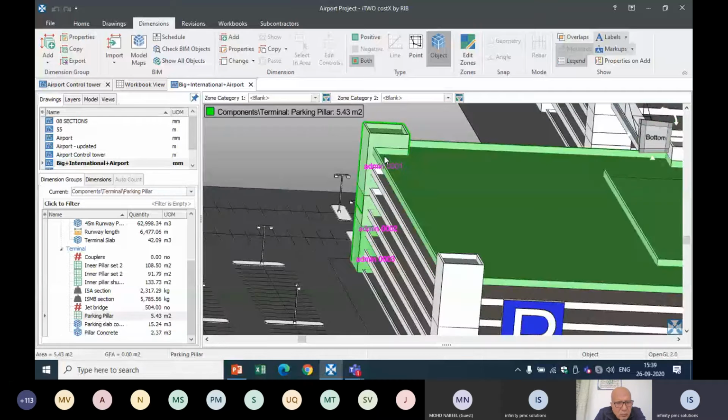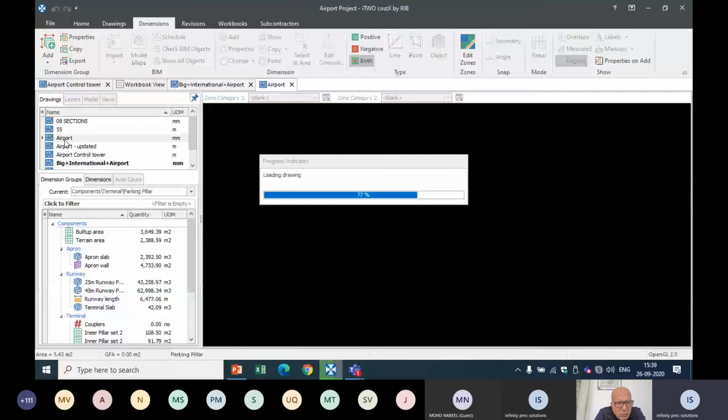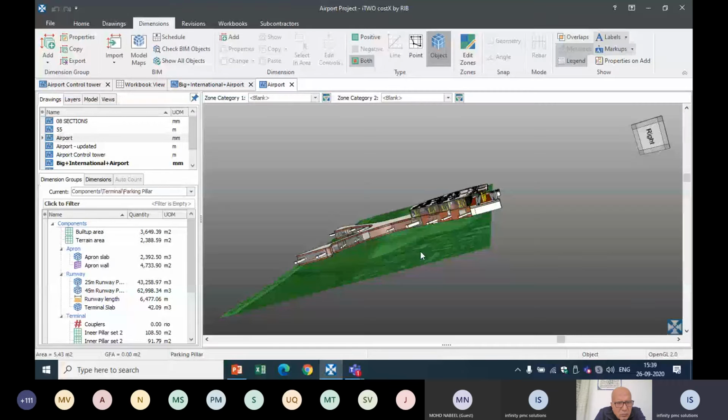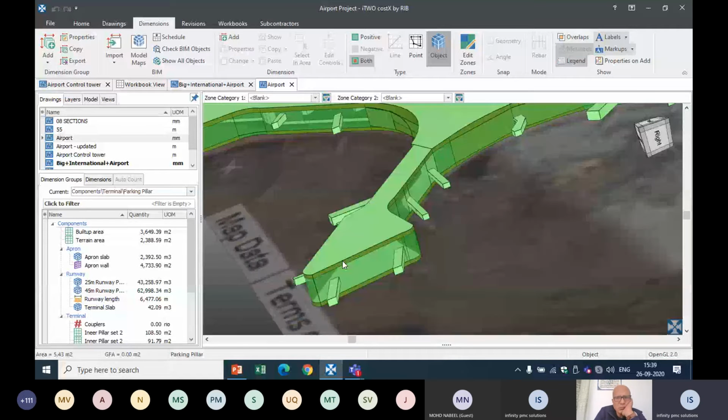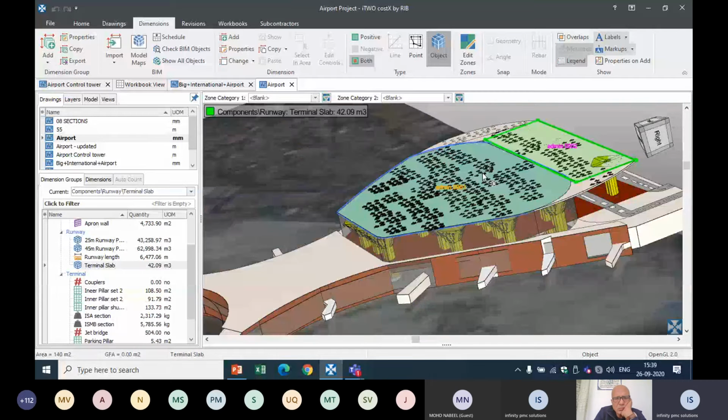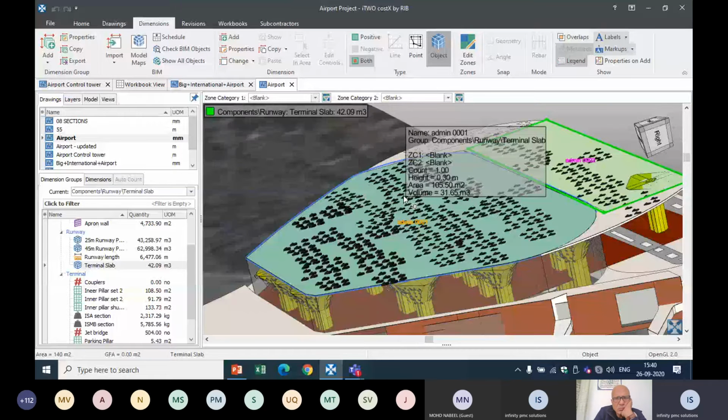The same way I'll show you with another model. So this is just a kind of LOD 100 or 200 model where it doesn't contain more information. But even if the model doesn't contain more information, here in Costex you can also do your quantification. Say I'm calculating a terminal slab area quantity. So you can see what the slab is, where it is located, and what its area and volume of the quantity is. So your quantity is linked. Here you can easily predict whether the slab quantity is perfect as per the measurement or not. If not, you can modify your quantities also.